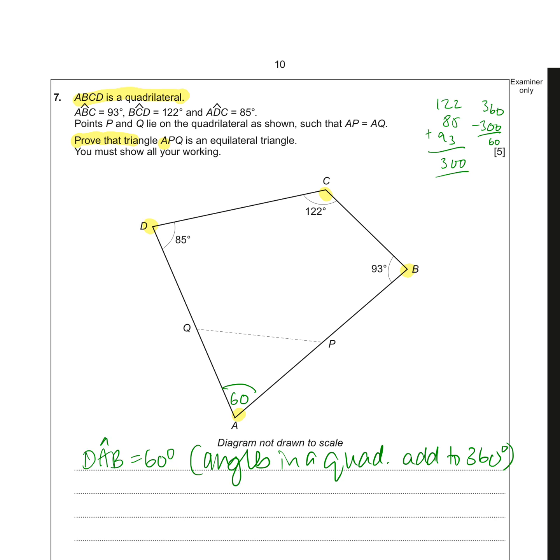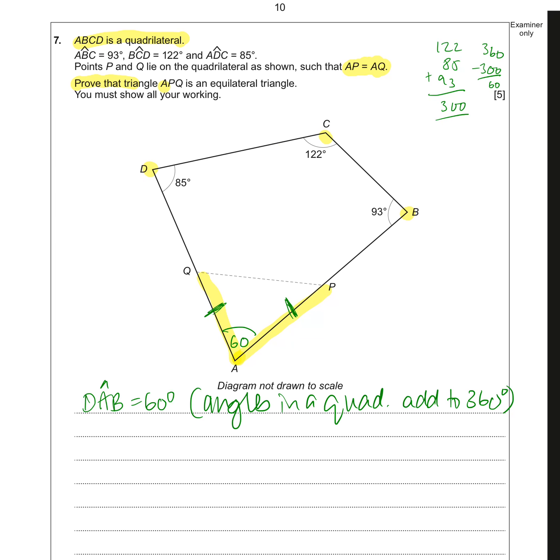I'm told up here as well, that I haven't used this, I'm going to use it now, that AP is the same length as AQ. AP is this short side here, AQ is this short side here, and they are both part of the triangle I'm interested in. If a triangle has two sides the same length, it's an isosceles triangle, and it also has two angles that are the same size. So, given AP equals AQ,